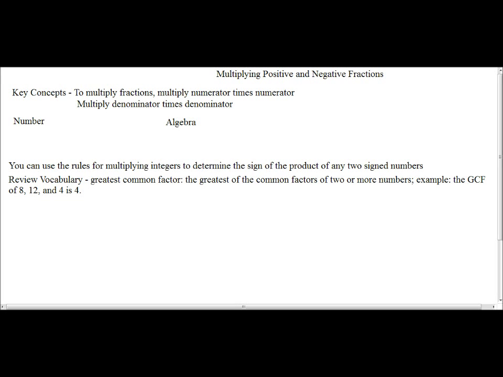As we talked about, let's go ahead and run some information on multiplying positive and negative fractions. Key concept that we must clearly understand: in order to multiply fractions, we must multiply the numerator times the numerator, and we must also multiply denominator times the denominator. How this works from a numeric point of view is